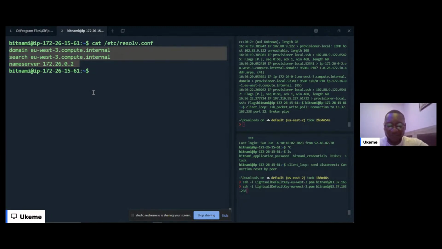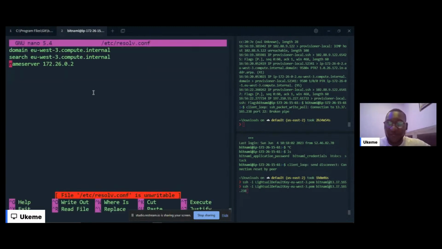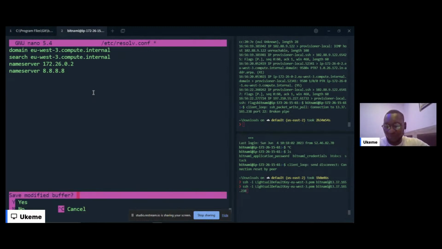So if I want to edit that now, I can just use nano and go into that file, which is in /etc/resolv.conf, and then I can add Google to it, right? Google's name server is 8.8.8.8. I can just add that to it, even if we have others. I'm just showing you. So I'll save that.